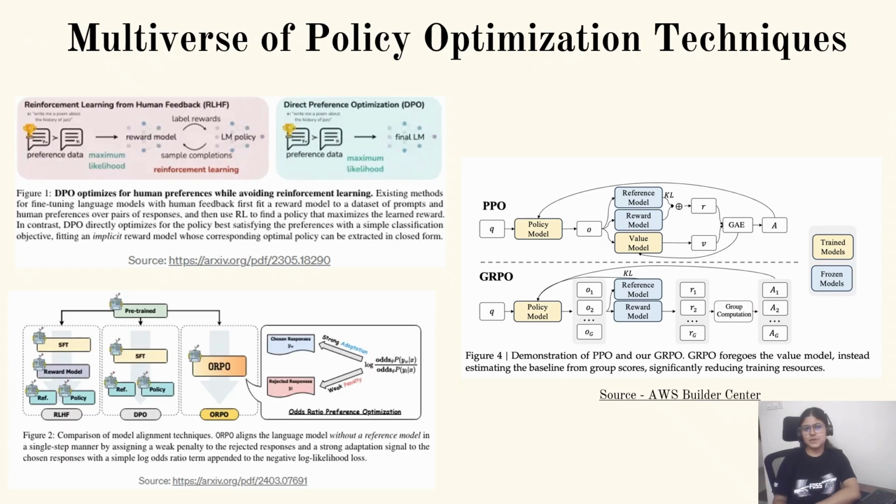We kept talking about RL, but did not mention what exact optimization technique they used. They used the GRPO technique, group relative policy optimization. RL has been around for a long time, and you must have seen AlphaGo and AlphaZero, all of these gaming systems, and how AI was able to beat humans in these games. There were many preference optimization techniques like RLHF, DPO, and PPO. It's like a multiverse of policy optimization techniques out there, and in your free time do feel free to go and research it.